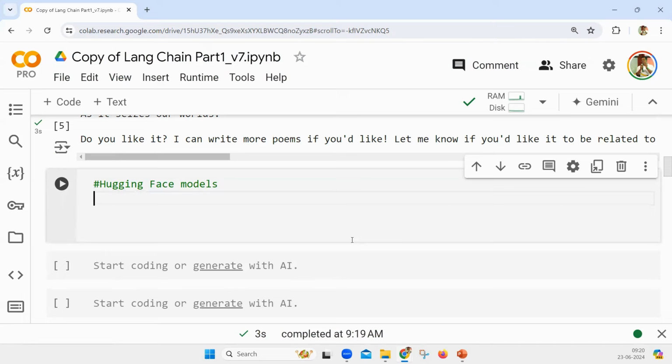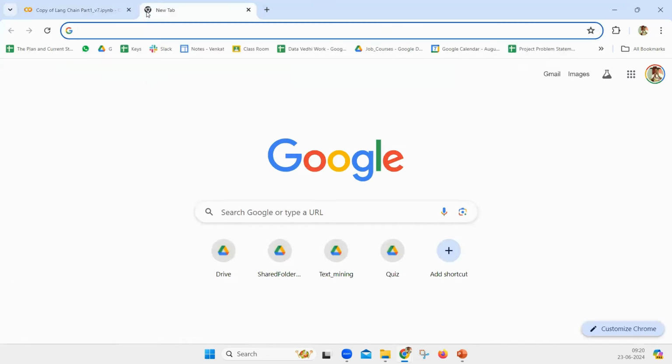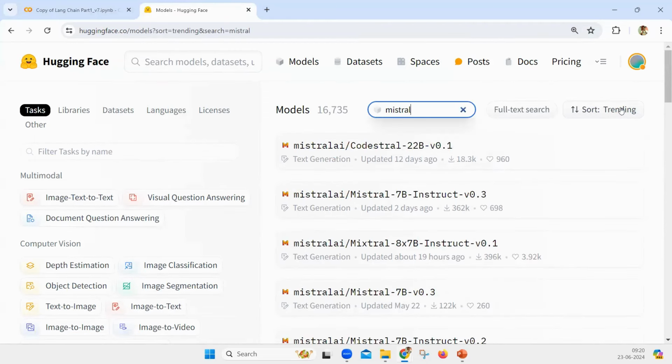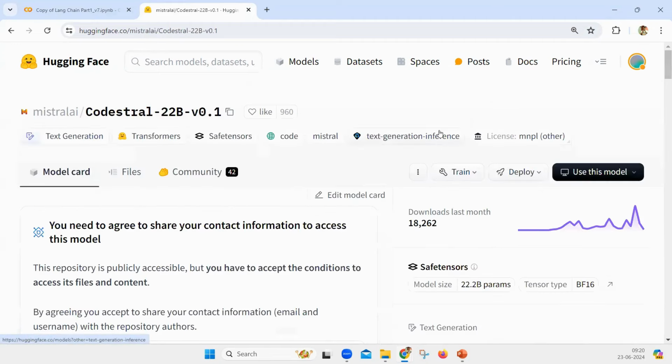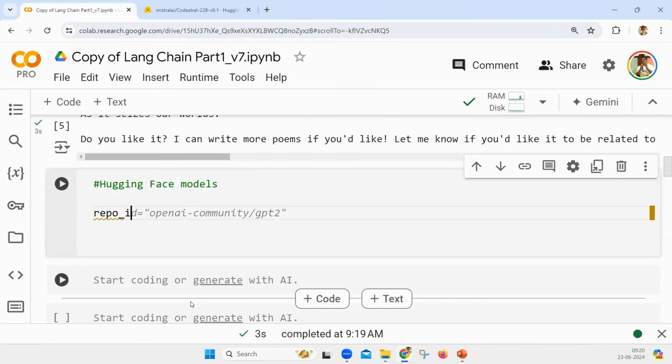Here you have to mention the repo ID. What is the repo ID in Hugging Face models? Let's say I'm saying Mistral model, that is also one of the models. This is one of the Mistral models, which has around 22 billion parameters. Too huge. So this is called repo ID. You can copy that repo ID. So my repo_id is equal to Mistral